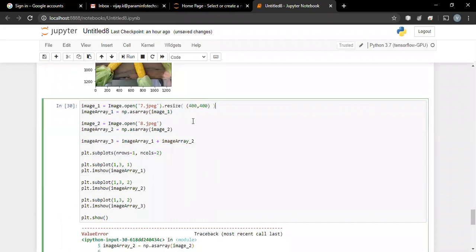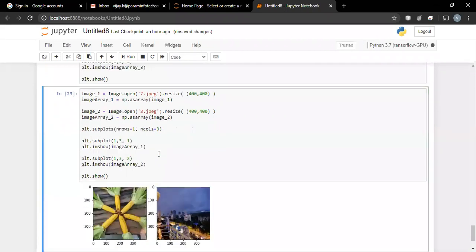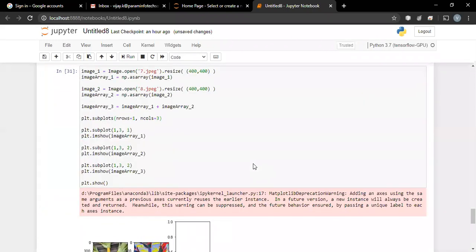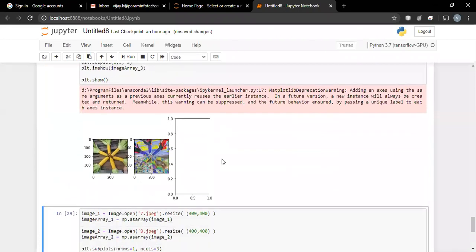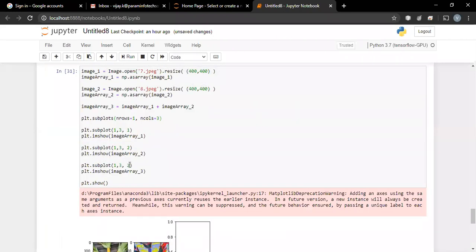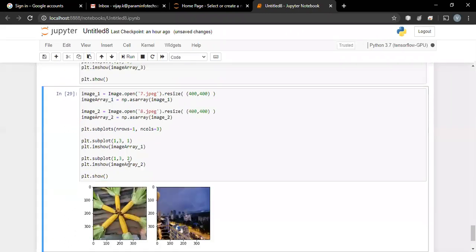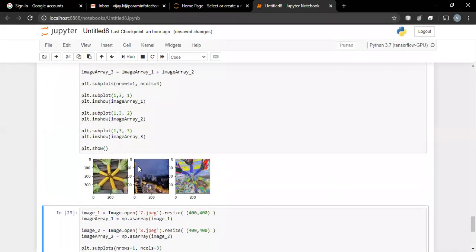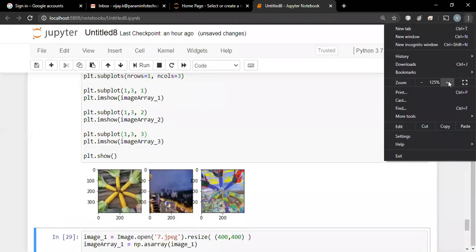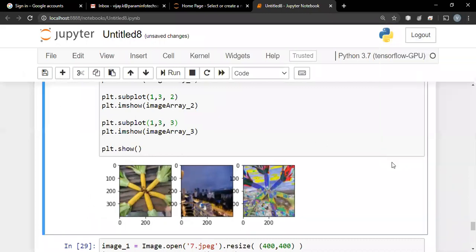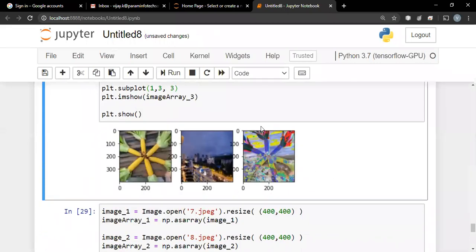So there should be resize and resize and 3. So one more mistake, it should be 3. And now, yes, okay. Let me zoom my screen.